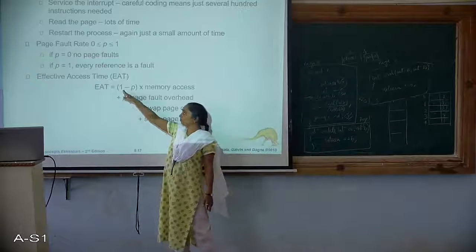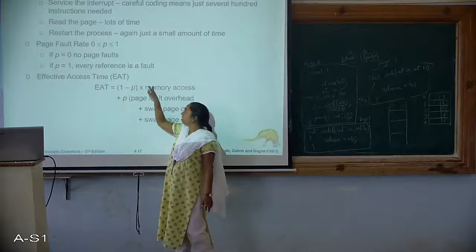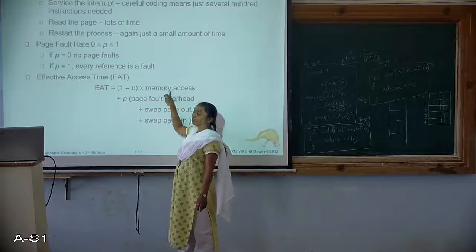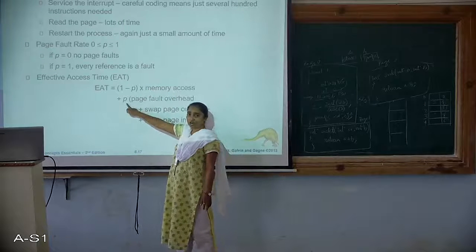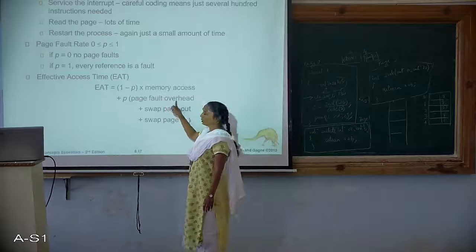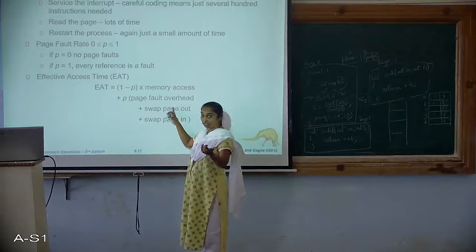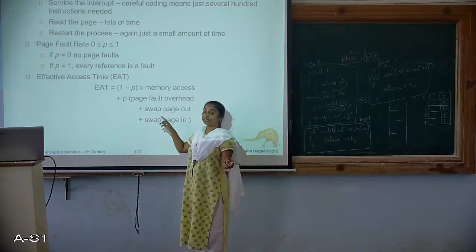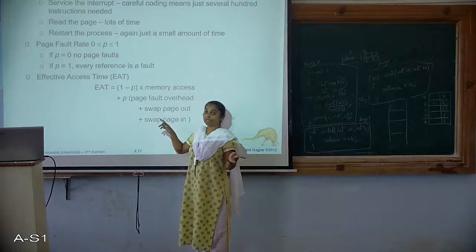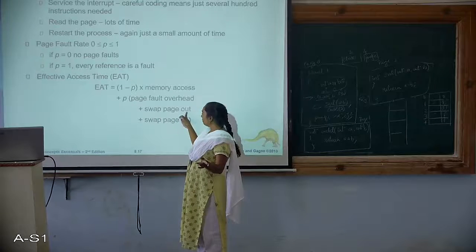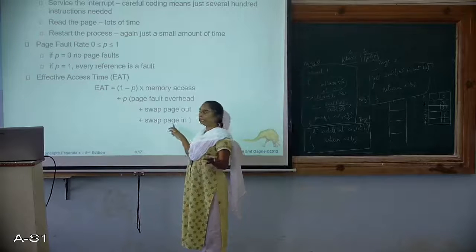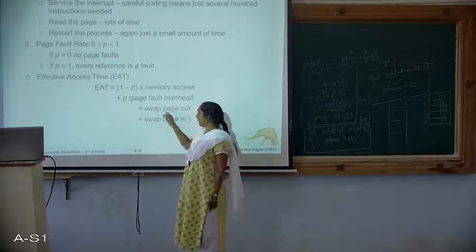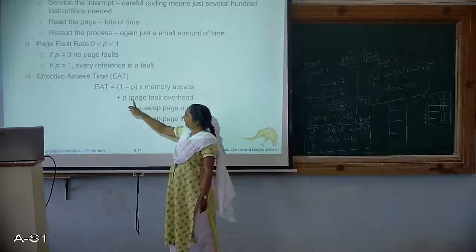So if a page fault didn't occur, that many times you access the memory directly. If a page fault has occurred, then there is page fault overhead. The operating system has to come into the picture, get that page from the secondary storage device, make the disk read the page, get that page into the main memory, swap that page out, swap that page in. So all this process, the time taken for all that